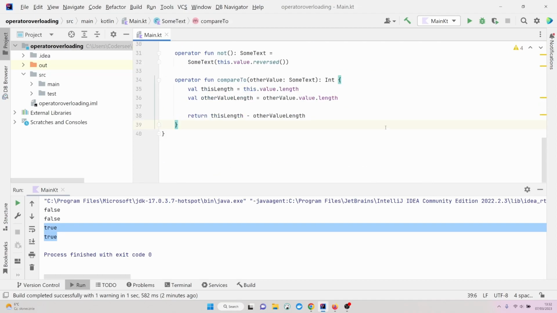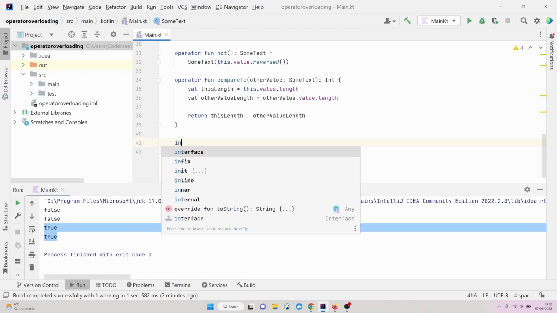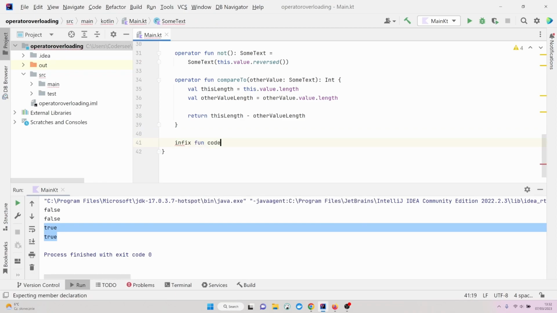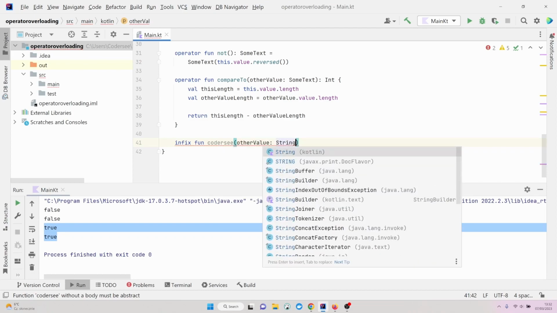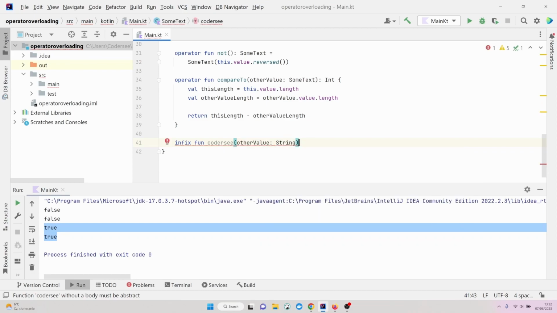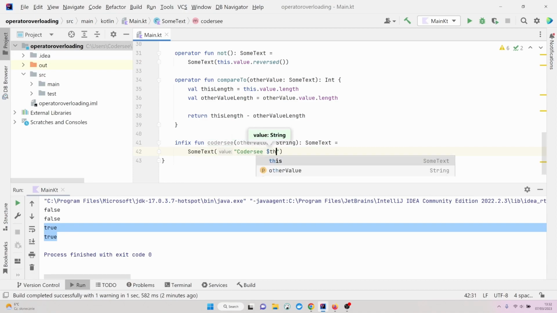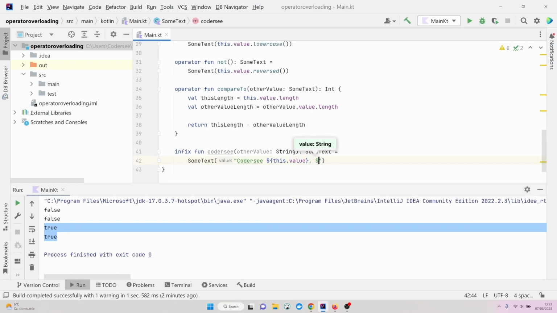So let me clean up the main a bit and let's get back to our SumText class and introduce two functions. I will call them coderc, infix function coderc, and the first one will take a string value as an argument, otherValue, and this will be a String. As a response, I would like to get an instance of SumText, for example. So let me go with equals SumText, and right here we will use string interpolation. Coderc, this value to reference the SumText,